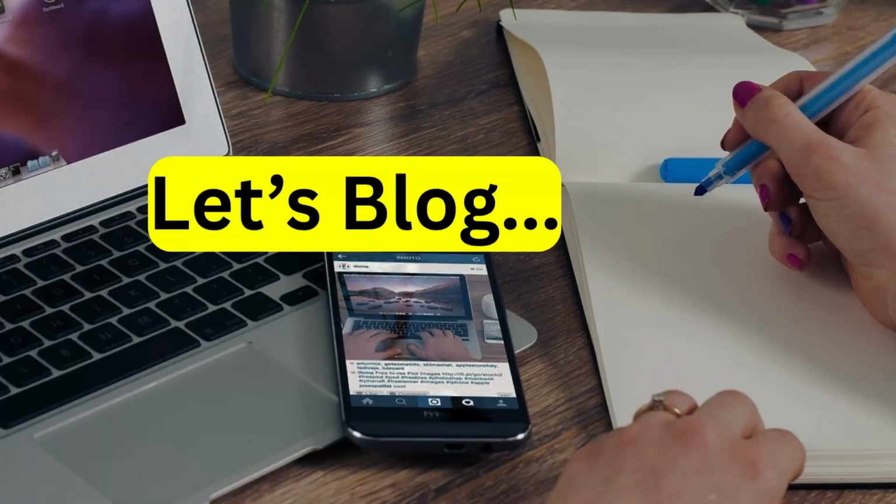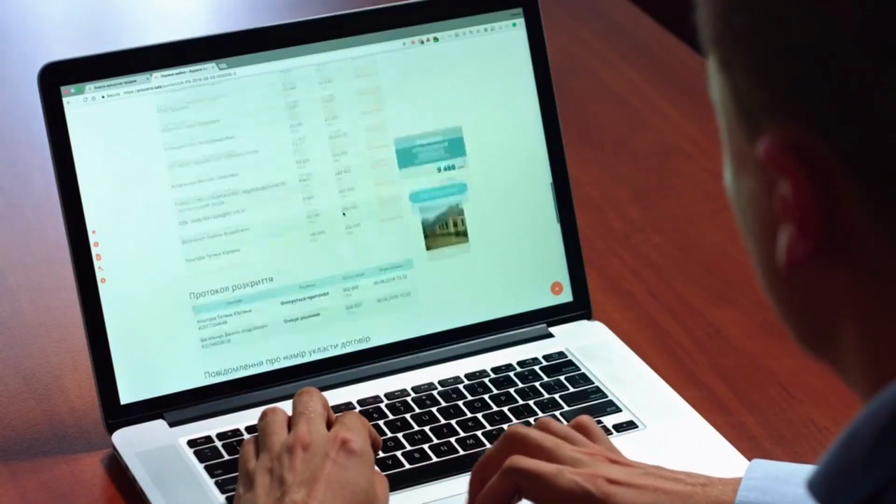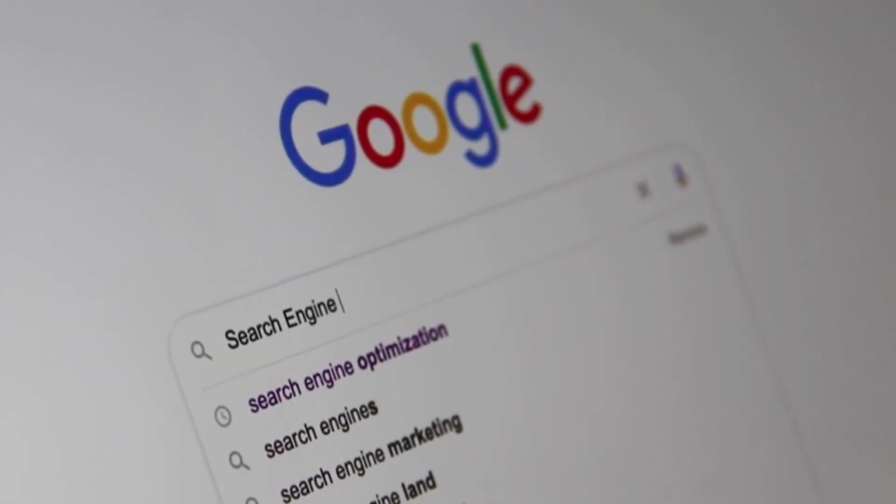And now let us get into this ATM blogging framework. Building an audience is the first pillar of this 3-step ATM blogging framework. This is very important because it forms the foundation of your entire blogging system. Without being able to attract a specific audience, you cannot build a sustainable and profitable blog. So it is very important for you to first figure out who your audience is going